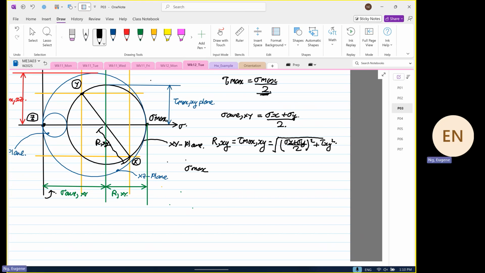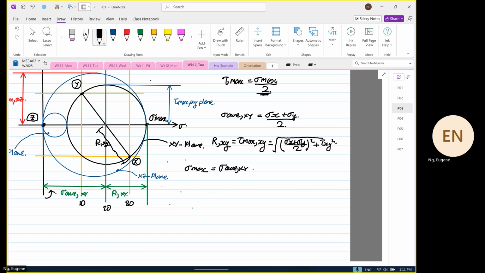Hold on, did I write this out correctly? If this is, hold on, let me put in some numbers, okay? If this is 30, this is 10, this will be at 20. Yep, it's correct. So from here, we know that this will be equal to stress average